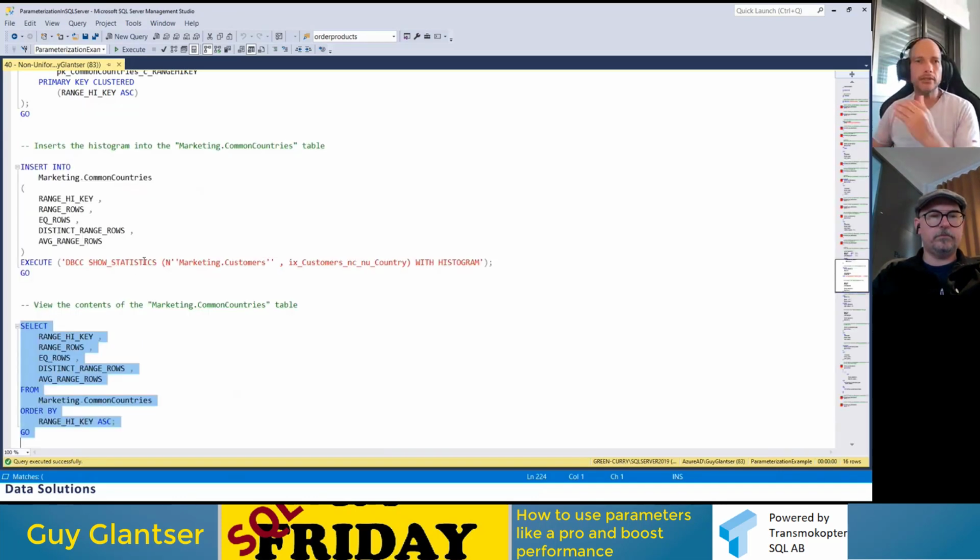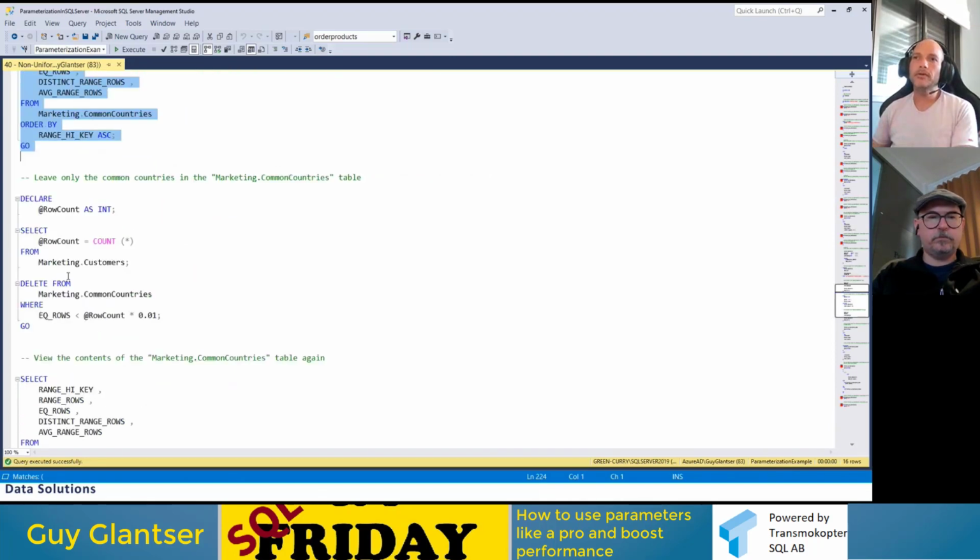Of course, this is again a very, very simplified example. What I'm going to do here is count the number of rows in the table, and delete from my table called common countries all the countries where the number of customers is less than 1% of the entire table. So I'm basically deleting all the small countries and leaving only the big countries in the table.